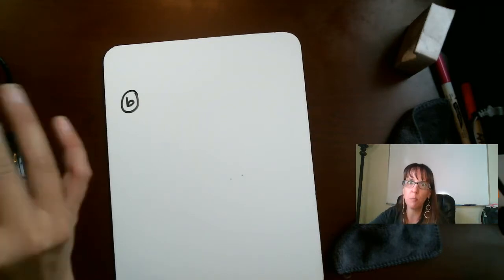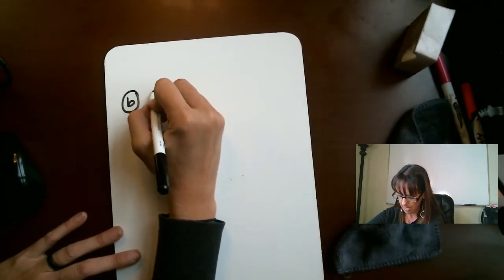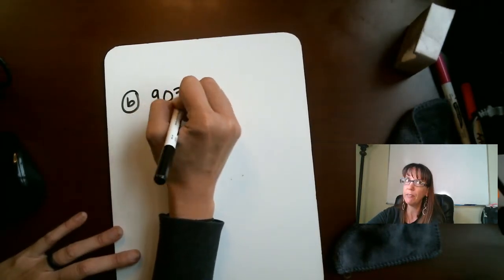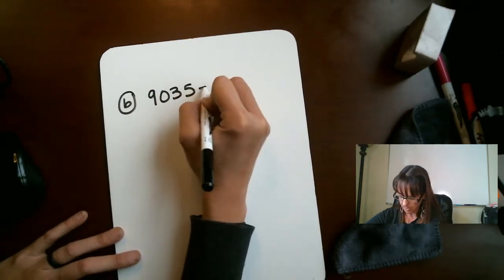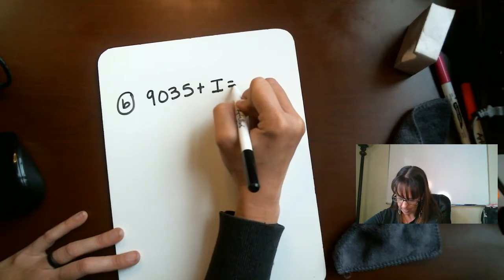For B here, Rita had 9,035 items in her basement. Then she found some more items. Now she has 10,081. She had some items, then she had some more. Some and some more, that's addition. So we're going to do 9,035 items plus she found some more items. I'll put an I here. And at the end, she had